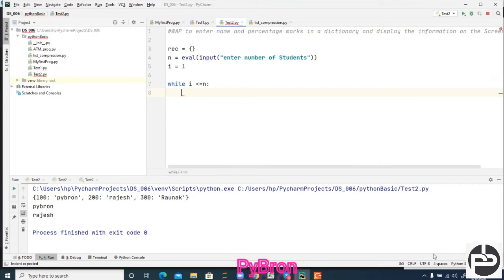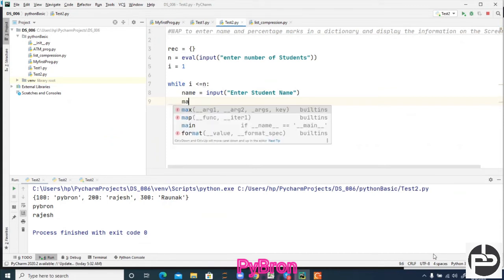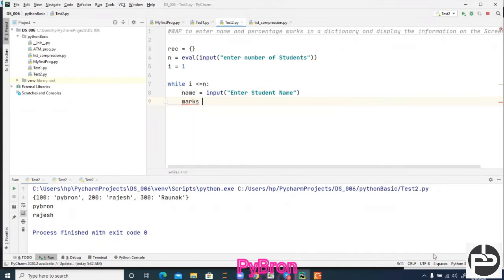Yes, you can. What I'm going to do, name is equal to input, enter student name. I'm asking enter student name. The user will pass the name and it will be stored inside name. Then marks, and I'm passing here marks, which will be in the form of percentage, right?